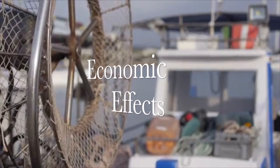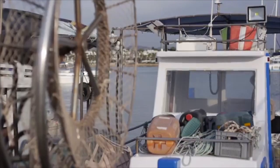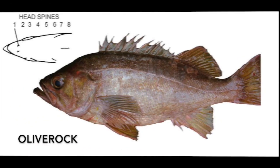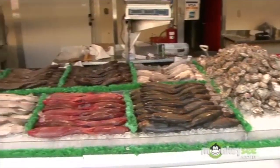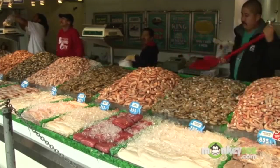Even more directly, however, are the economical effects it has on our fishermen. Commercial fishermen often rely on kelp forests to source a specific type of fish that are found almost exclusively in these environments. Black rockfish, blue rockfish, olive rockfish, and kelp rockfish are just a few key species that are sourced from these locations. A decrease of kelp forests could result in certain fish prices increasing dramatically due to subsequent difficulties